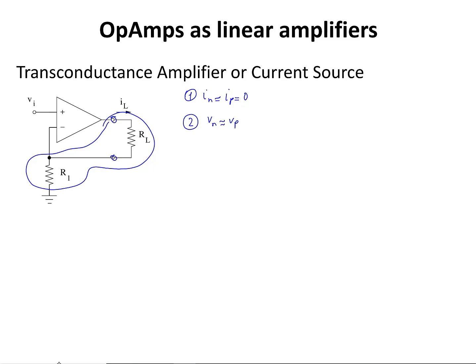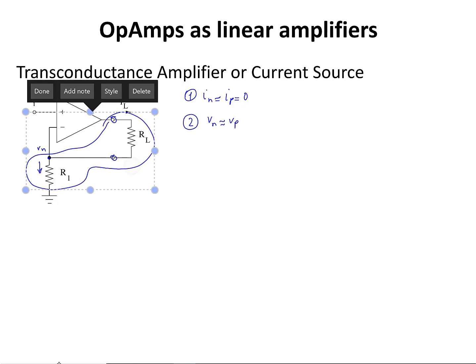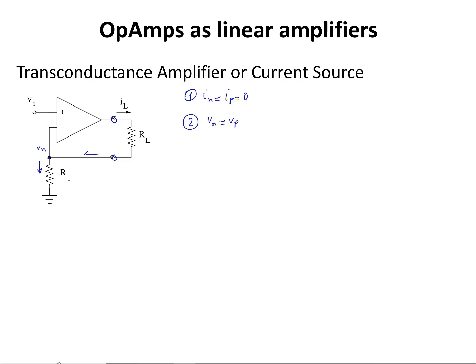Now if I write the KCL at this node, this is my Vn, the current that flows in this direction equals this IL. From there, Vn over R1 equals IL. Vn and Vi are the same, so Vi over R1 equals IL. So the load current is equal to Vi over R1, and it's not dependent on the value of load resistance